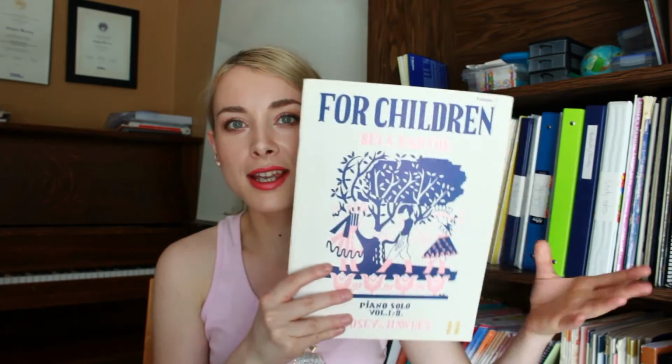What I want to show you now are smaller collections that are almost like little music albums in their length, and I also want to show you a couple pop books that I like to use as well. So the first composer specific book I want to show you is by Bela Bartok. He was Hungarian, and it's his collection called For Children, volumes 1 and 2. Now, don't be freaked out by the title, you don't have to be a child to play it. A lot of the songs don't sound like little